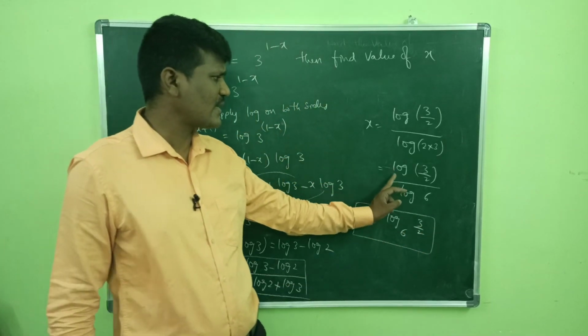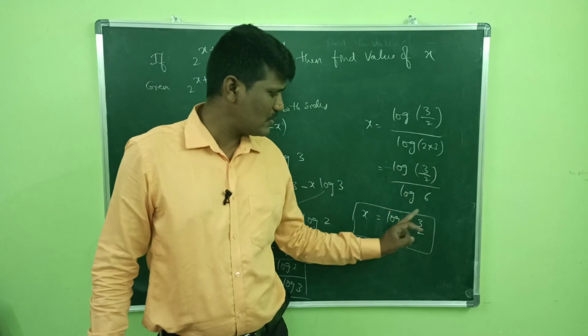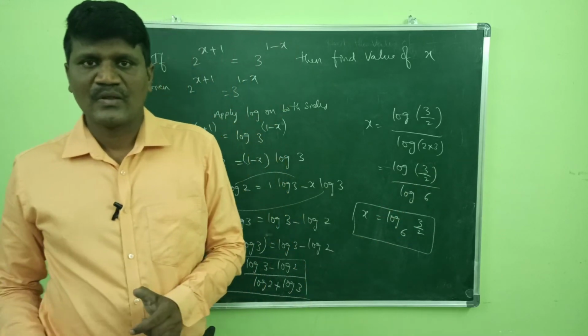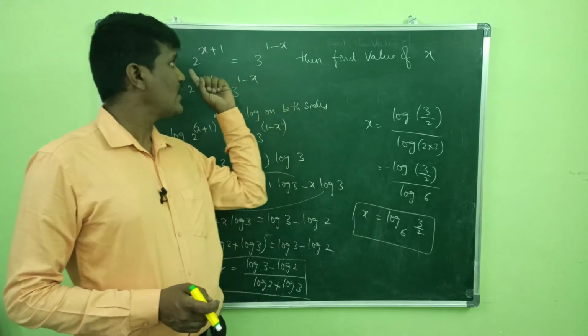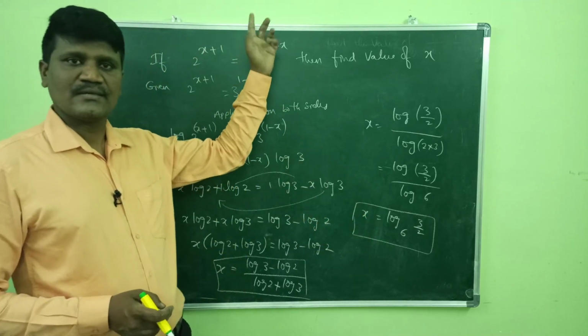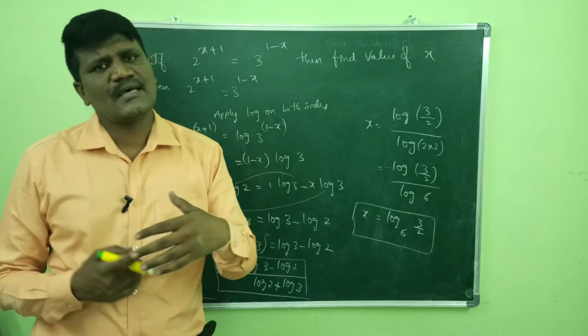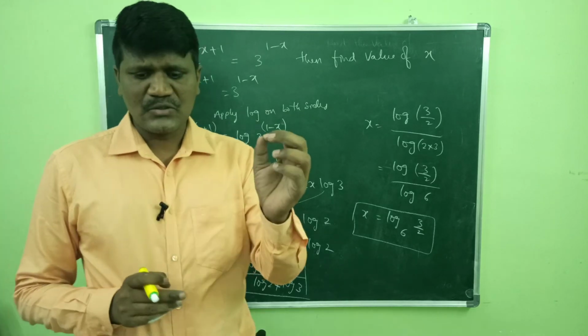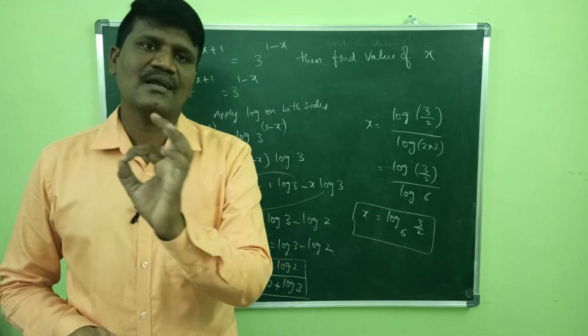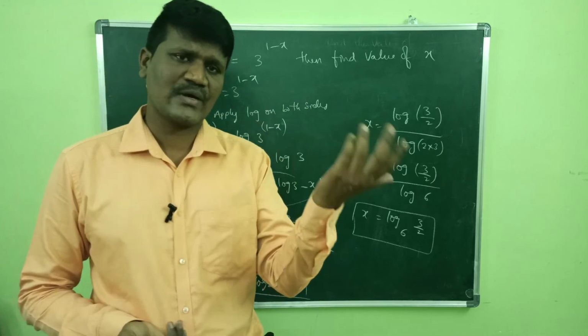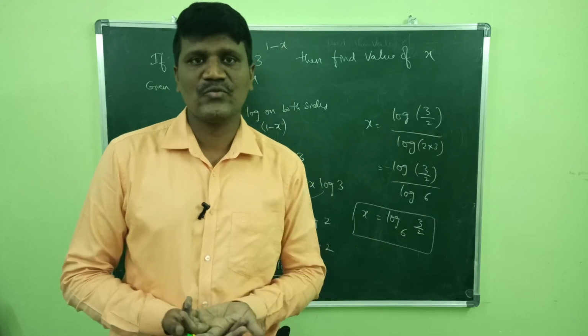This you know that log a by b is equal to, I can write log a to the base b. Okay, so this is one more method to find out the value of x if the exponential values are given. So by this we almost completed. The 1-2 problems are there. 9th problem, if you see, is log 2 rational or irrational? Justify your answer. That you can do as homework.